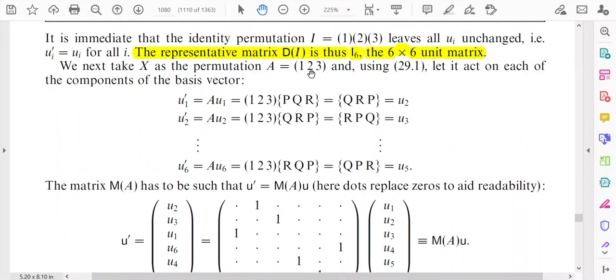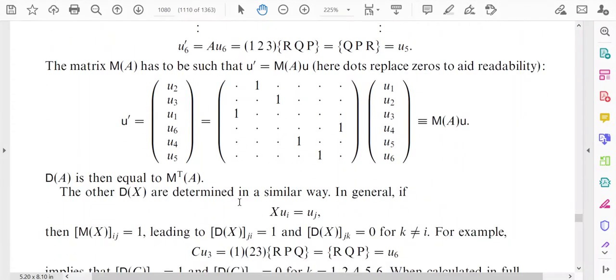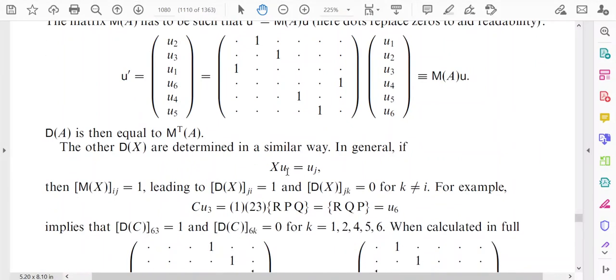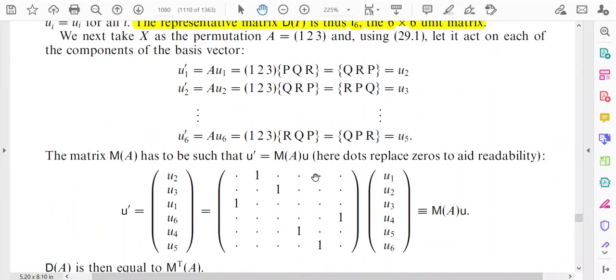And also we have obtained the representative matrix dI, but there are some other elements also, and by applying a similar procedure we have to calculate all other elements. That is, we are saying that this is dx, where x is for I, A, B, C, D and E. We just have to proceed in the same approach. And in general we have already shown that x into Ej is equal to Uj. Here x is a particular element, for example A. We have to find each of the operations step by step.